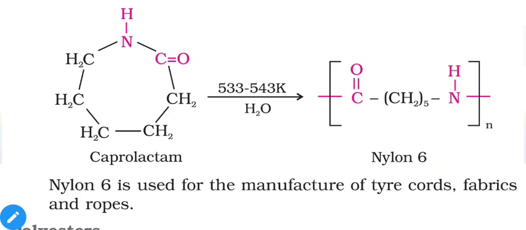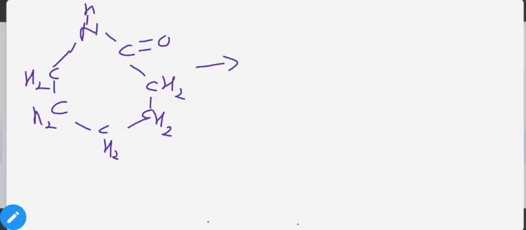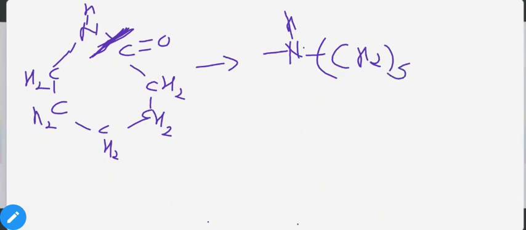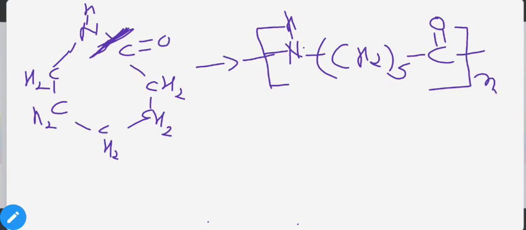So what will happen during this reaction? Let us discuss it. So this is a caprolactam molecule, and when we heat it, the bond will break from here and the chain will open. So at one end you will get an NH group, then you will get a 6 carbon containing chain, in which 5 carbons are present as CH2 group and 1 as CO group, and this type of continuous chain will be obtained. During this reaction nothing will be removed.